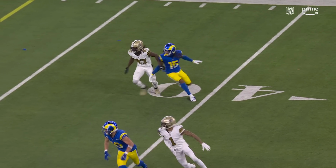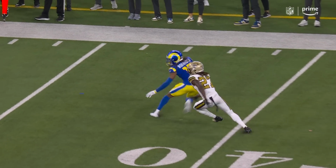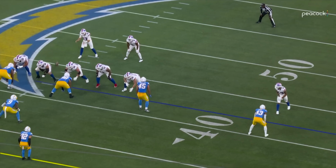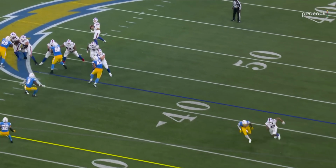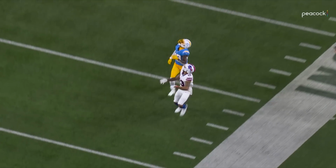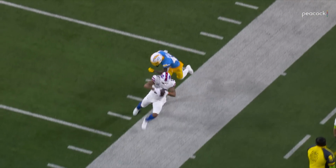This is where you want to just kind of plaster the receiver. But you can't look back at the quarterback because you get lost. See right on the tail end of it down here at the bottom of the screen. And Davis is just going to lean back into him here just a little bit when he tried to reach with that arm, and it just...